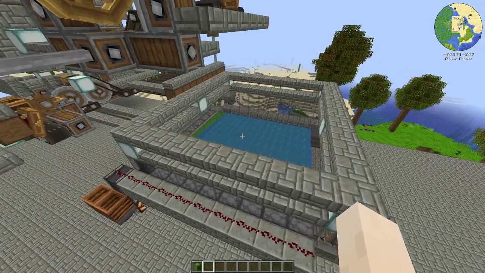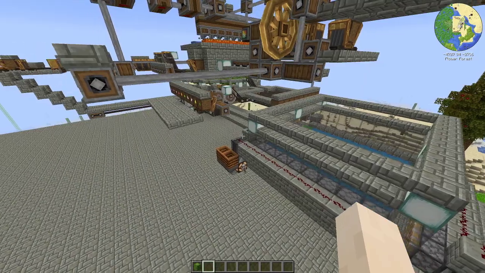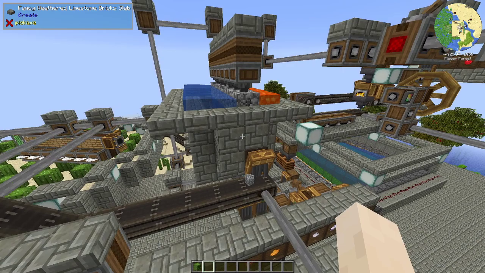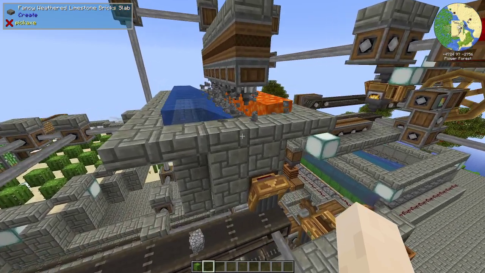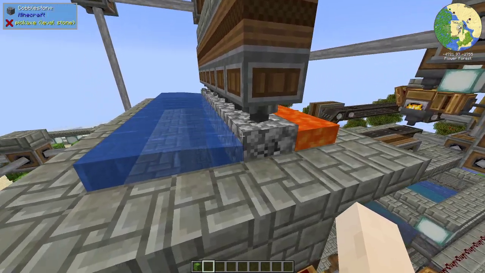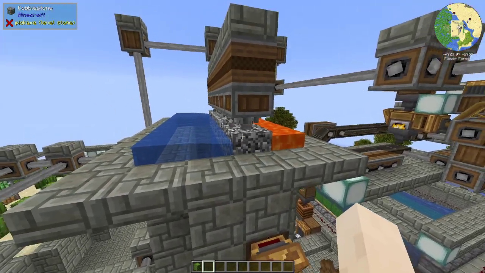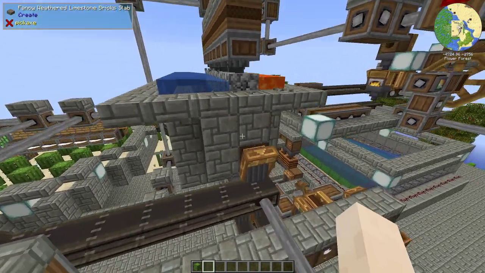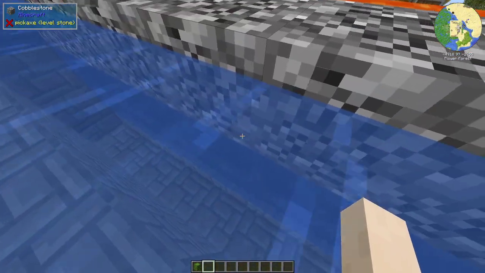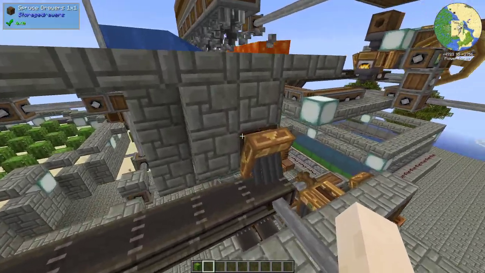So the ultimate goal was to create bone meal and have a flower farm to grind down for the dyes. In order to create bone meal using the Create mod, it's kind of a lengthy process. The first step of it is we have a cobblestone generator here. Lava and falling water, when they meet each other, create cobblestone. These drills break the cobblestone and they fall down into